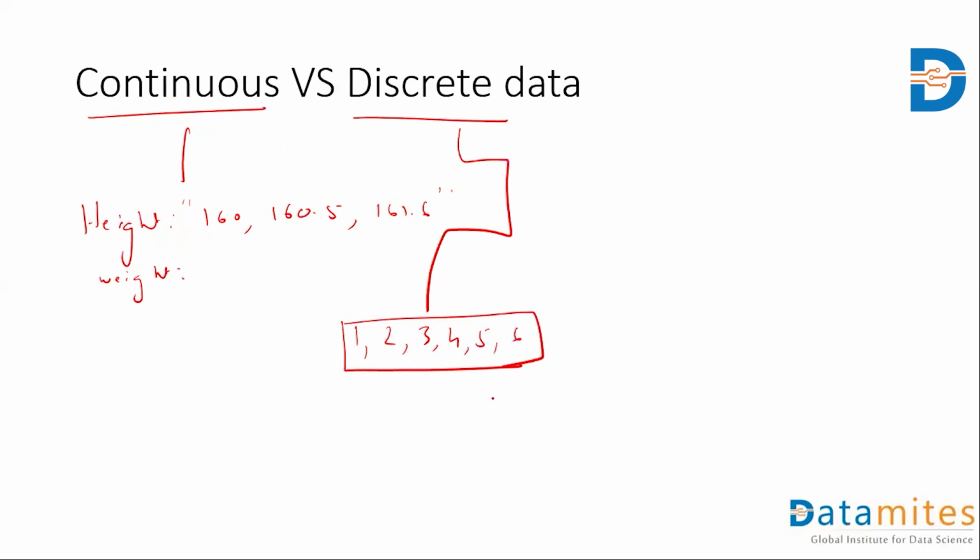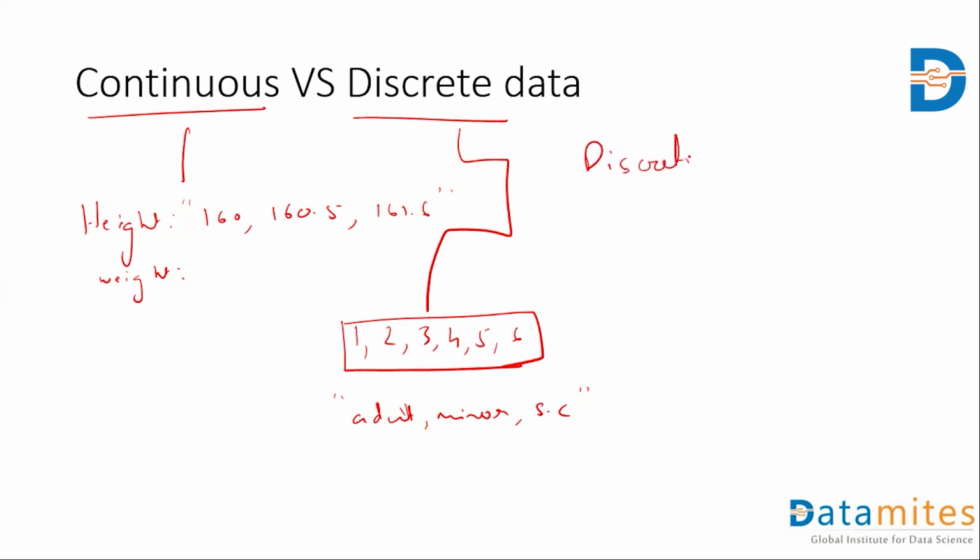right? If you are, for example, categorizing someone as an adult, a minor, or a senior citizen, or whatever, this also is me limiting the options that this variable can take up, right? So discrete data is something that is limited by the options that it can take up. That is the difference between continuous and discrete data. So